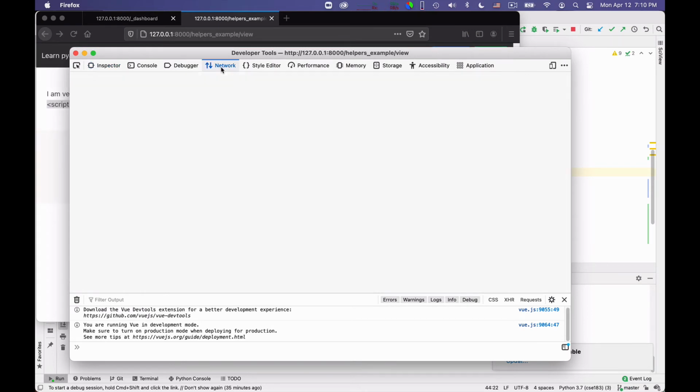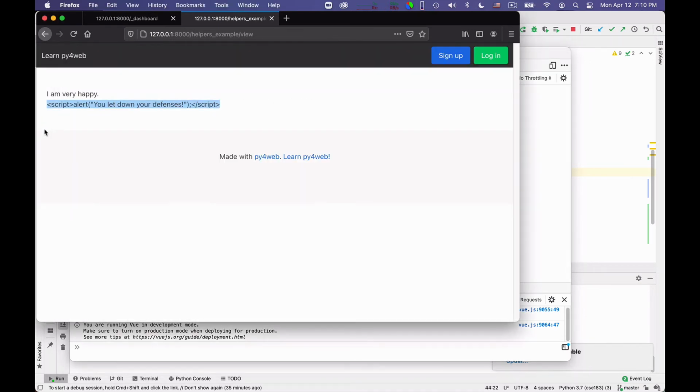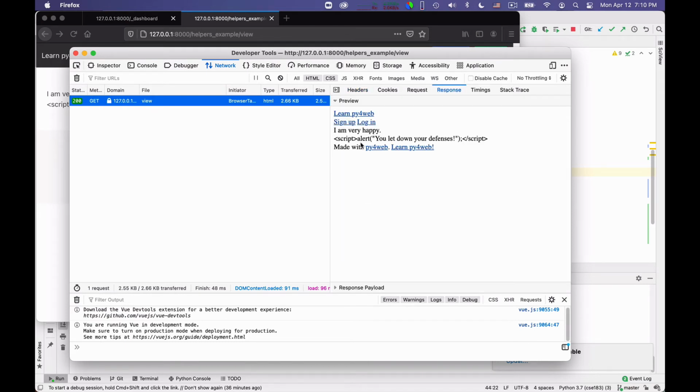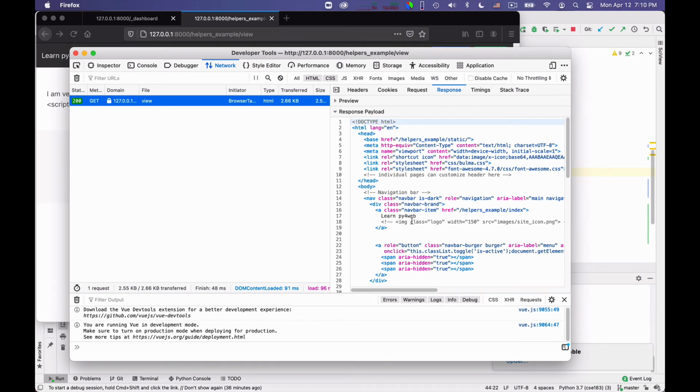However, if we go into the network tab, and if we reload this page, and if we look at what we got, the raw response, there is a way to not say preview, but actually look at the payload, and the payload contains these.